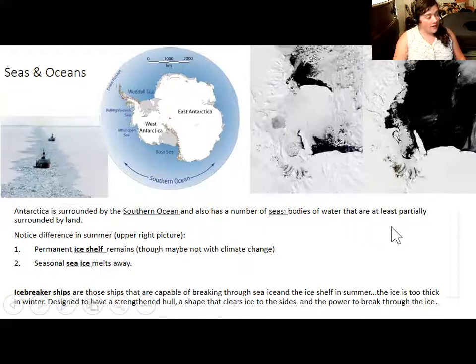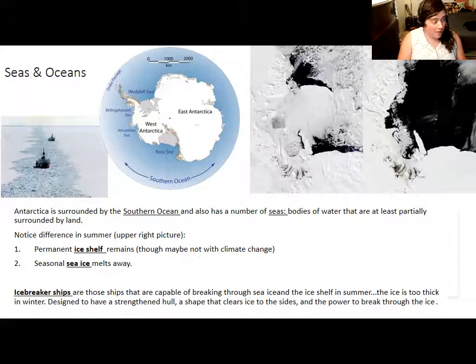What this means is that you are going to be dealing with ice year-round going to Antarctica. You have to have these icebreaker ships that have strengthened hulls and the horsepower to plow through the ice, and they have to go in the summer. This is one reason why getting off Antarctica in the winter is nearly impossible, because not only do you have an ice shelf that is strengthened by the cold, you also have sea ice everywhere, and you kind of have to wait until the summer for some of that to melt away.